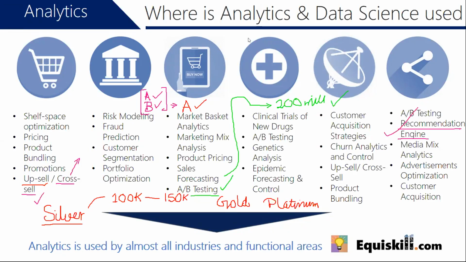Now, suppose you have more than just two variables. If you've got A, B, C, email C, you've got email D, you've got email E. Suppose you've got 5 emails. Then instead of A/B testing, you call it design of experiments, which is known as DOE. That's also an analytical technique. I hope that's clear to you. It's a little bit like trial and error testing, but there's a lot of mathematics that goes into it, right?